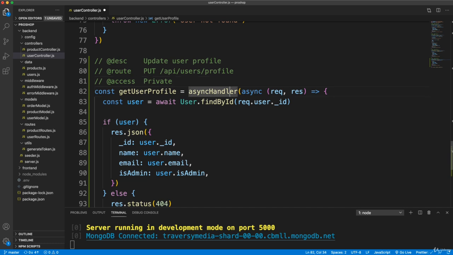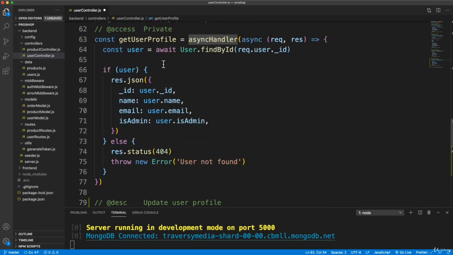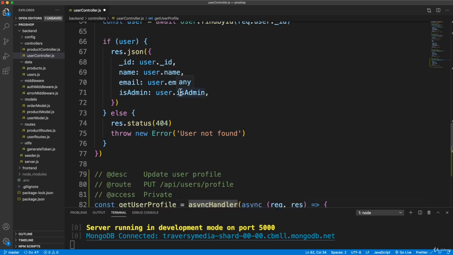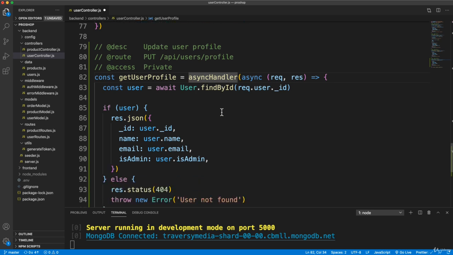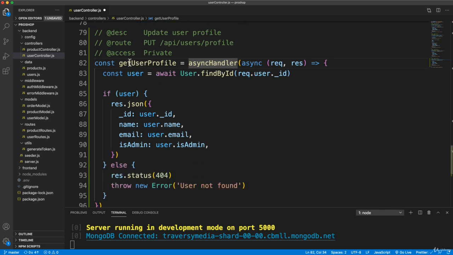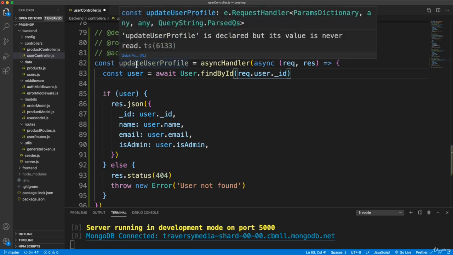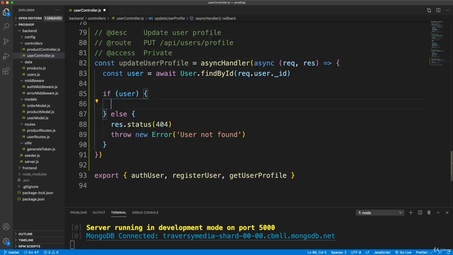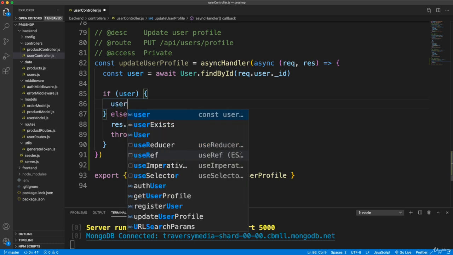And that'll actually be both of these, or this one actually, get user profile, will be the first route that we hit from the front end that we actually have to send a token to. We haven't done that yet. So let's continue this. This is going to be update user profile. And let's see, we're going to get the user by ID, and we're going to have the logged in user, so that's correct. And then if the user is there, then we're going to set, let's say,